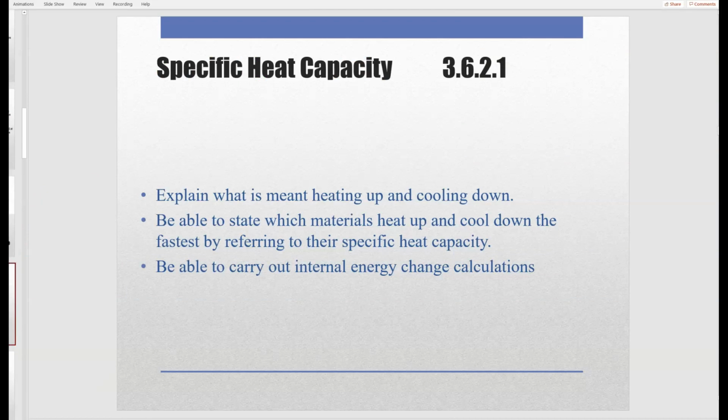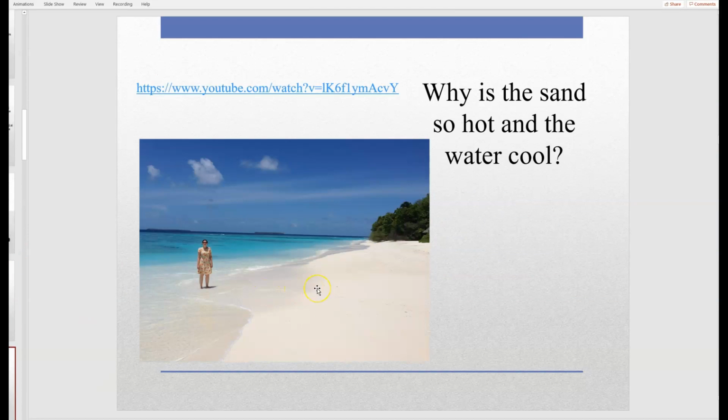Okay, so this is me on my holiday. It was actually my honeymoon. I am in the Maldives. It's really nice. This sand is really white, and it is really hot. I think this was our little hut thing here. When you came out of the hut to get to the beach, it was hot, and actually not very nice